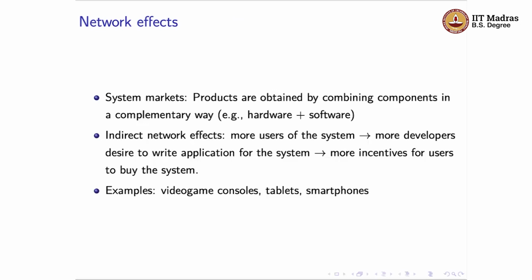And again, apart from operating systems, you can see this in video game consoles as well, right? So imagine that you are thinking of whether to buy a PlayStation or an Xbox. There you would find that your decision of which video game console to buy is probably going to be affected by how many games are being released on that video game console, right? So that is one important feature.